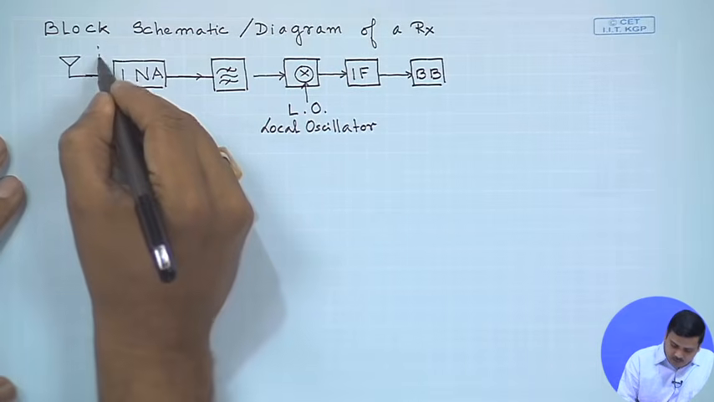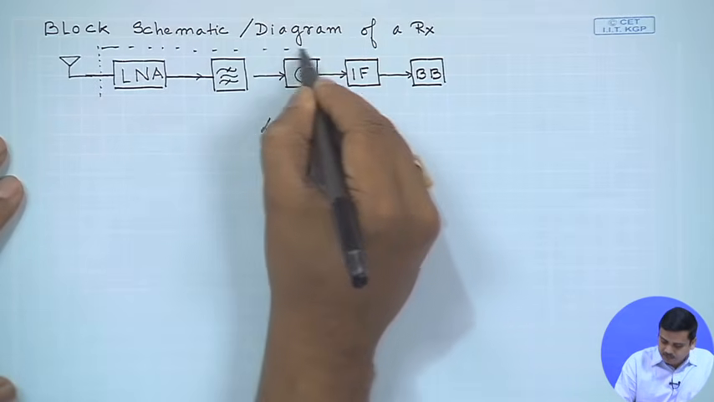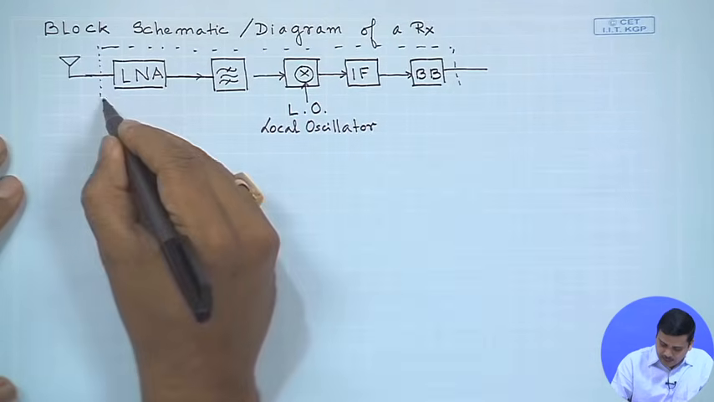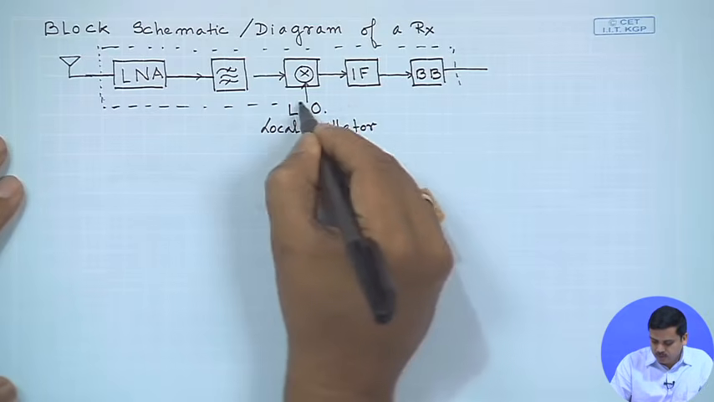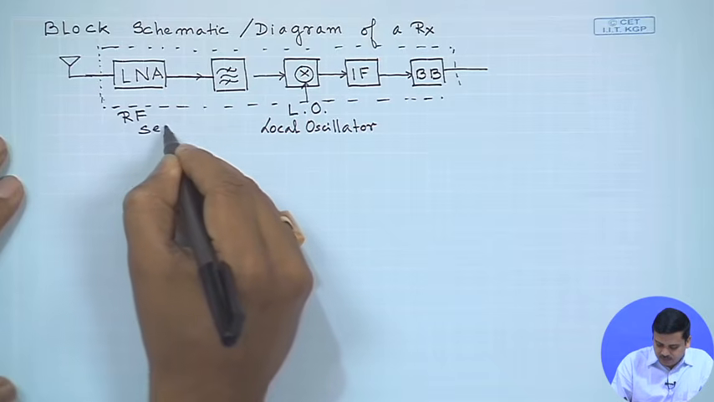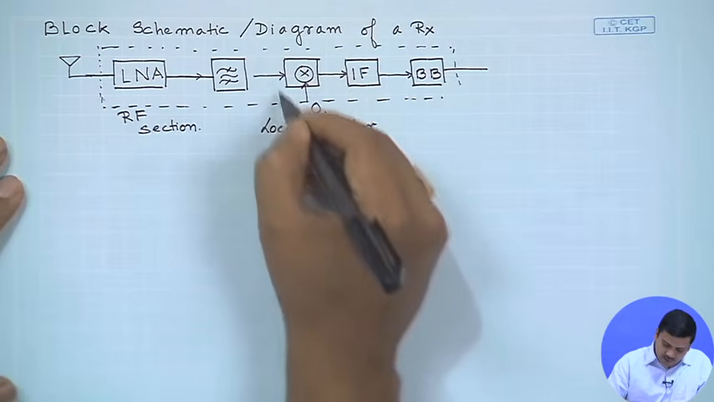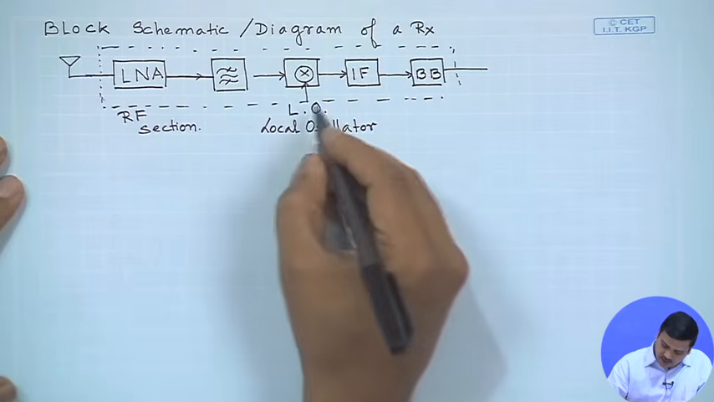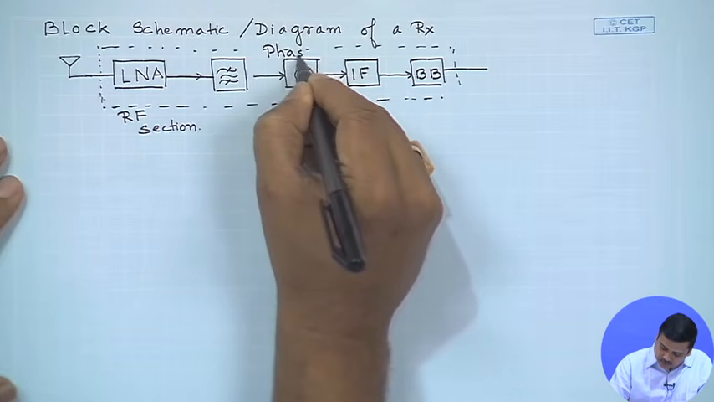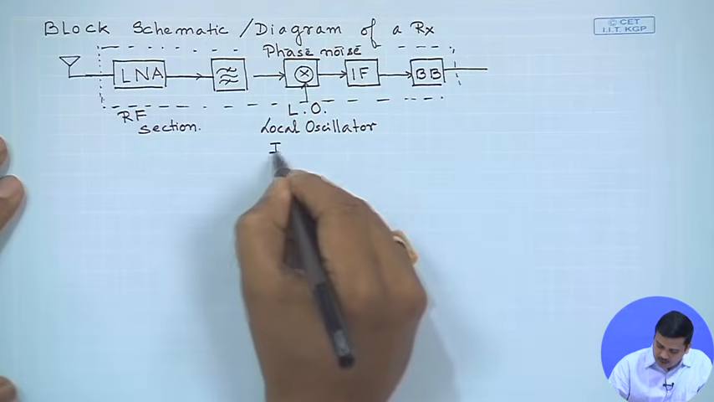And we can grossly, in a rough way, group all of these, and we can claim that this group forms the RF section, the radio frequency section, or the subsection. And here, where there is this local oscillator, the effects that come in could be phase noise, there could be IQ imbalance,